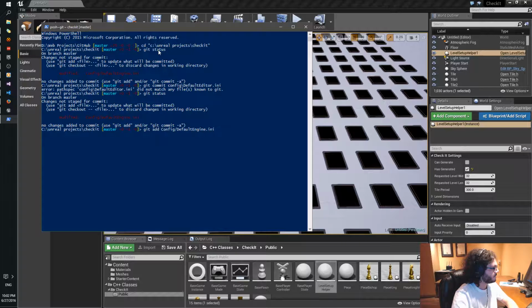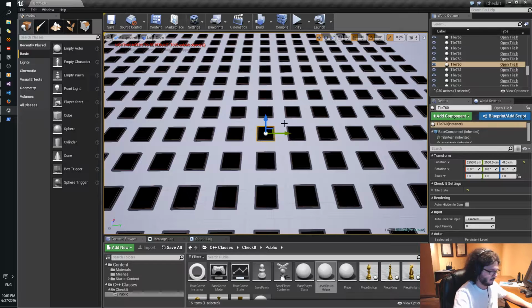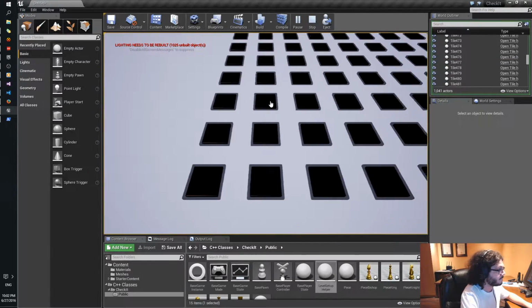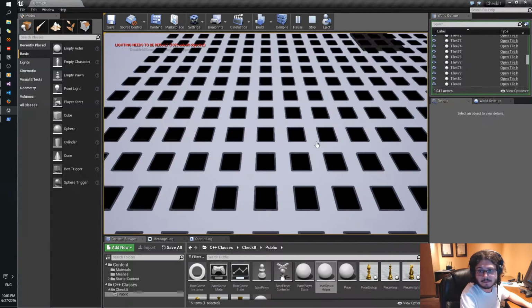Whoops. Sorry. So let me go here. And you can see it's a bit more jagged around the edges, but it's less blurry.